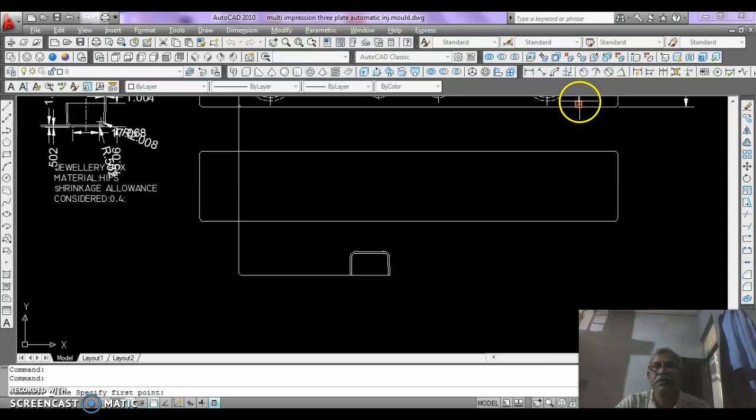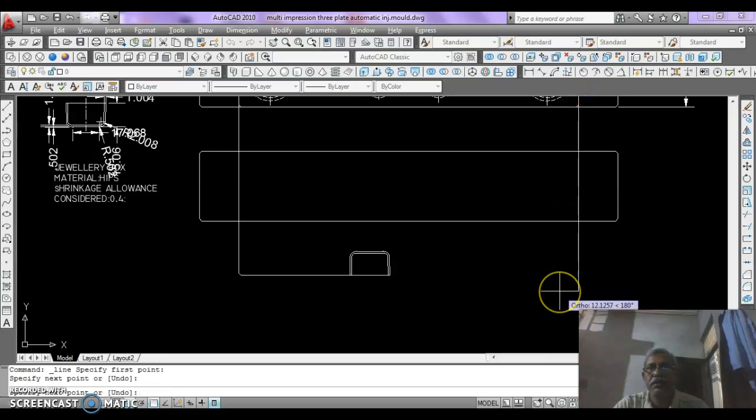The line is omitted. Draw it again, CH enter,